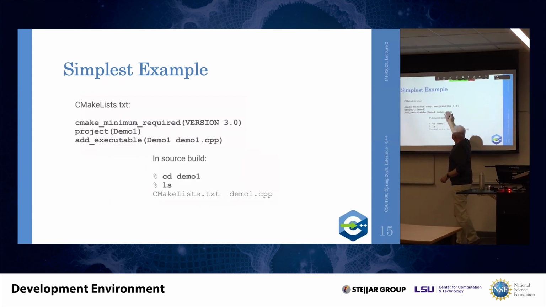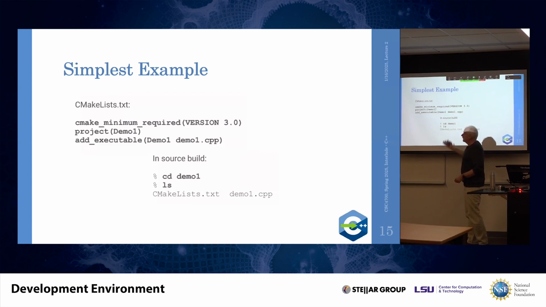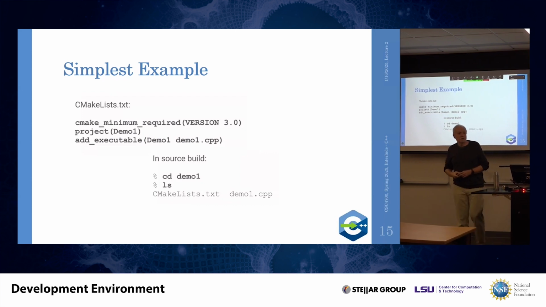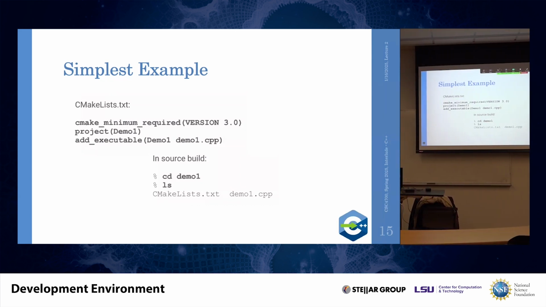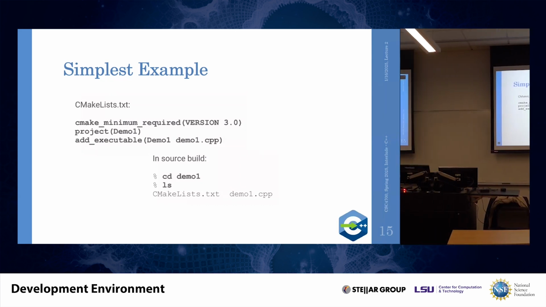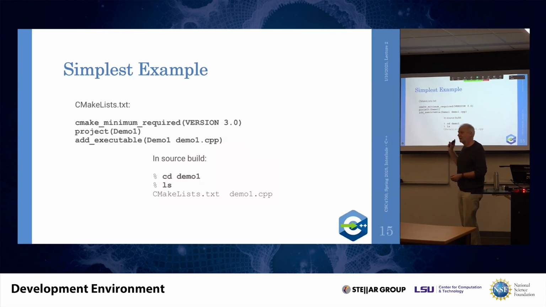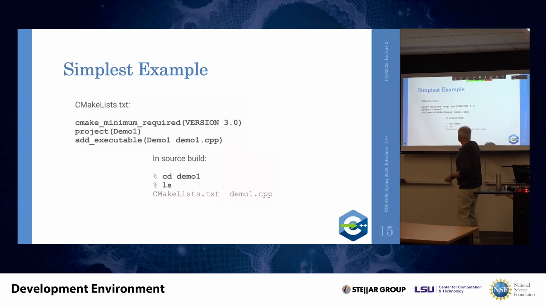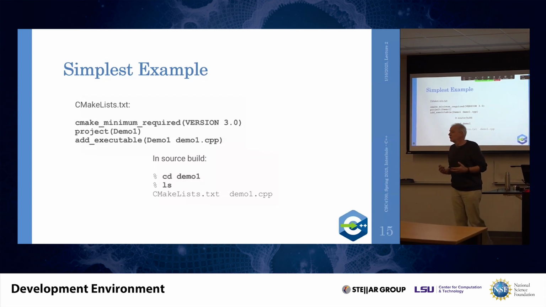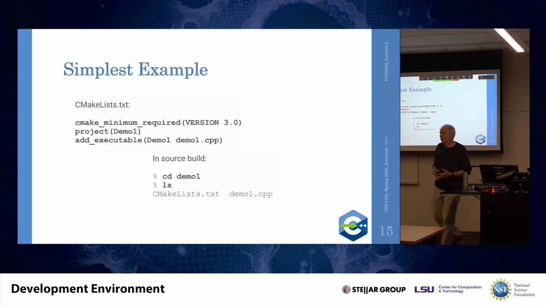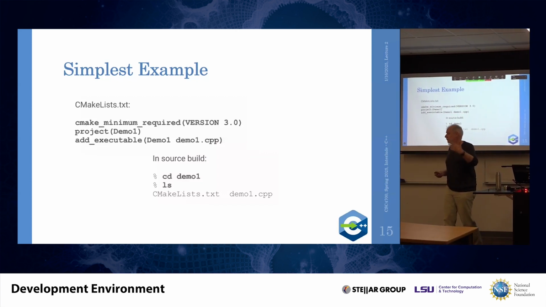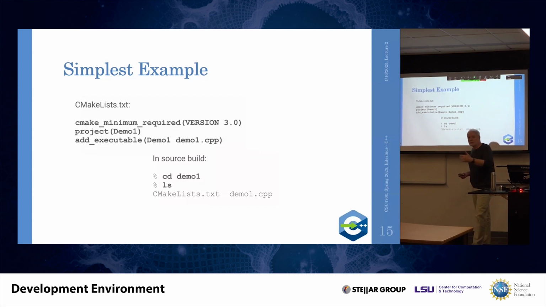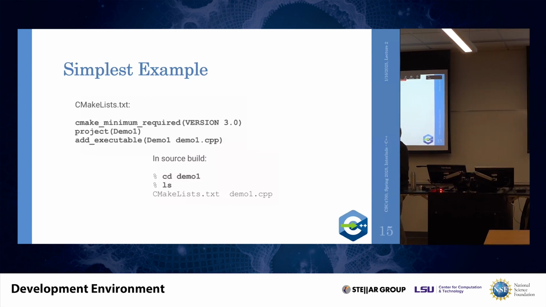So these three lines will be stored in a file that has to be called CMakeLists.txt. I know the guy who came up with the convention. I hate him. I don't know why they chose that name, but this is the name that has established in CMake. And you will always come across these CMakeLists.txt files. If you see them, you know this is a file that CMake will use where you can describe to CMake what your build system has to look like.